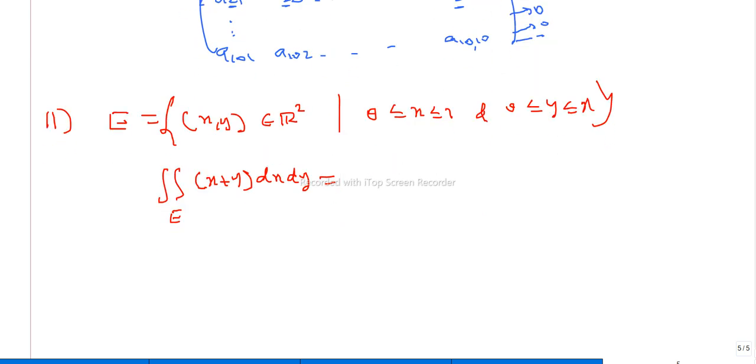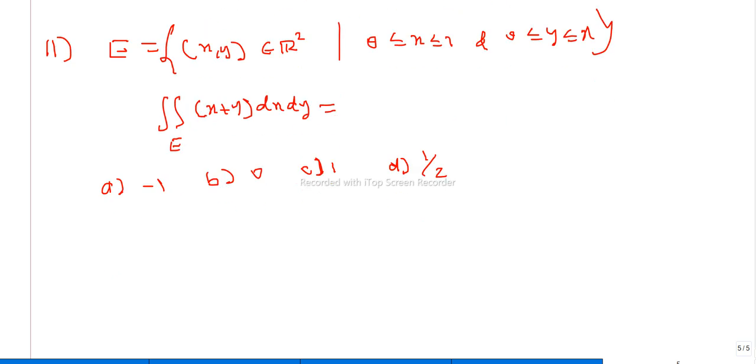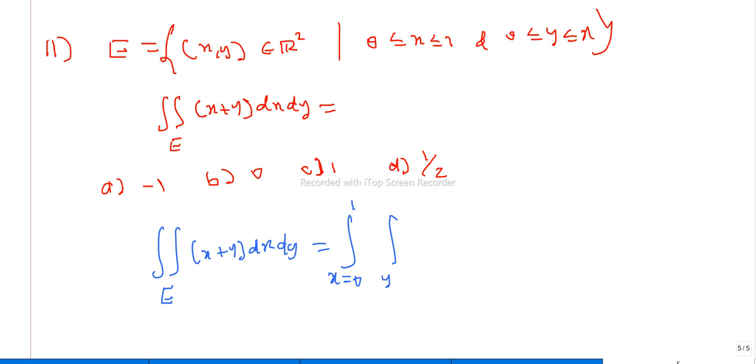So the first option is -1, second option is 0, third option is 1, and then the fourth option is 1 by 2. So it's trivial. It is given that x is 0 to 1, therefore the double integral over the region E of x plus y should be, first you have to write the x value 0 to 1 and y is 0 to x,